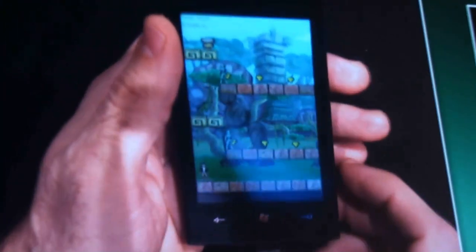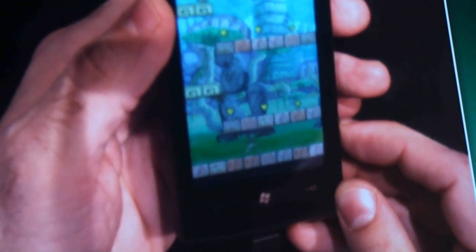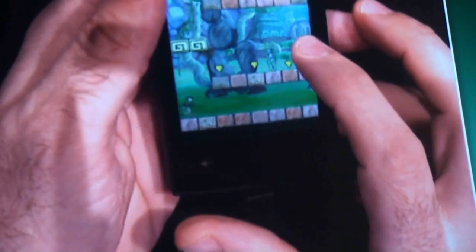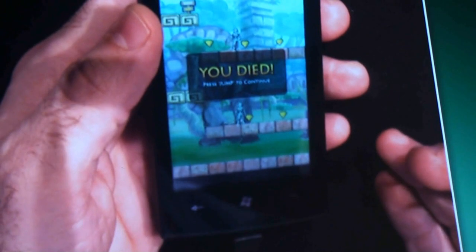So now I've got the same game, except I'm on the bus, so I don't have my keyboard. So I can actually just tilt the device with my little accelerometer here. We sense it, and when I want to jump, I just touch the thing. Oh, I'm not as good on the bus. I hate that mummy guy.